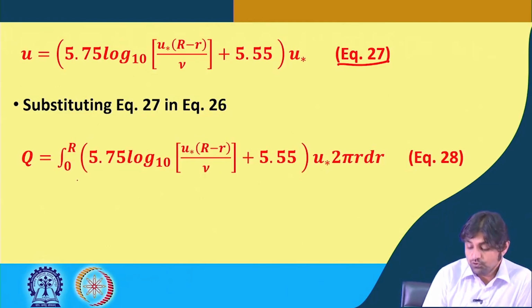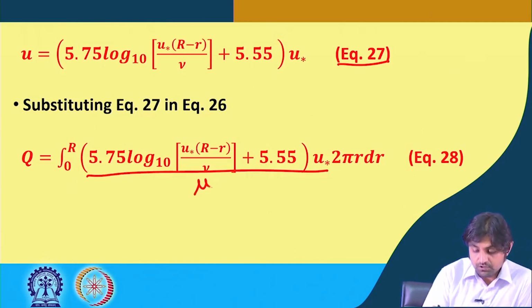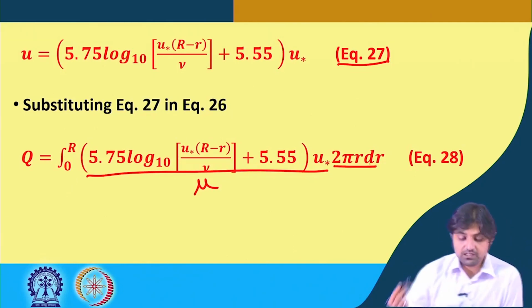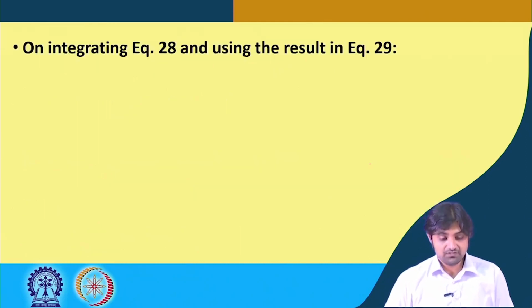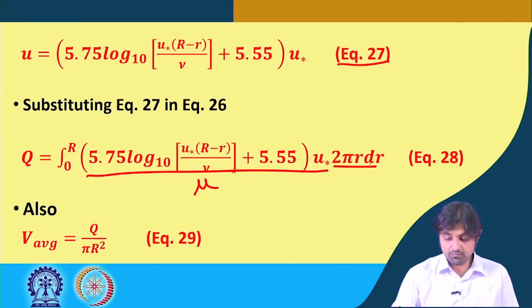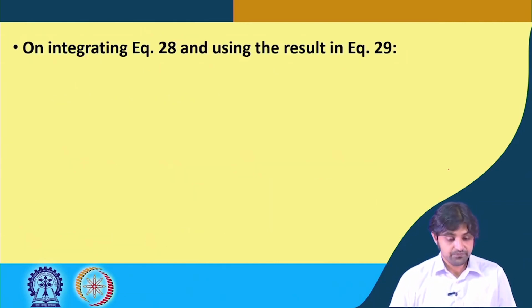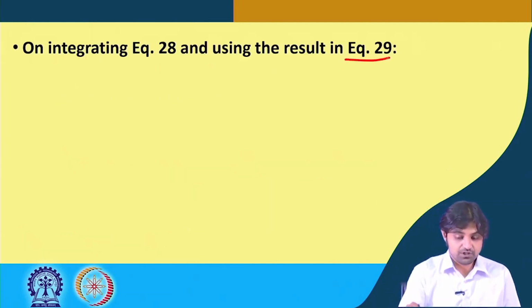So, u, this is u into 2 pi r dr, very simple. Also, we can write V average is q by pi r square. So, we can directly go for the average velocity. If we integrate this equation number 28 and use the results in equation 29, that is dividing by pi r square,